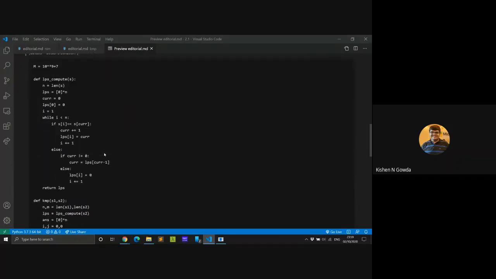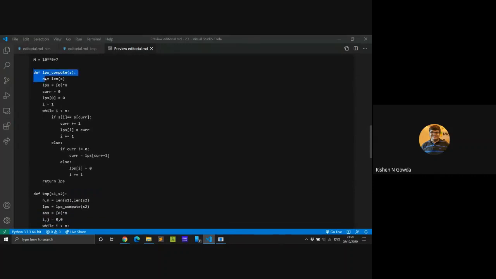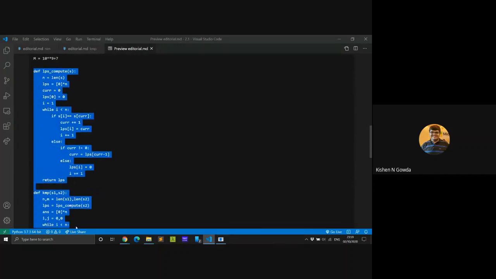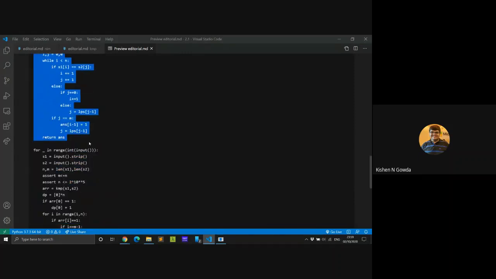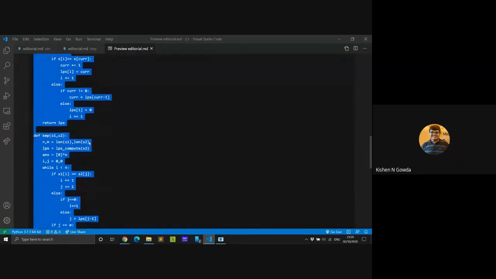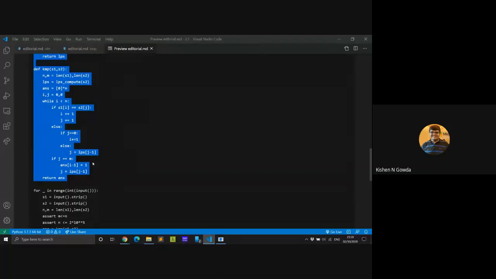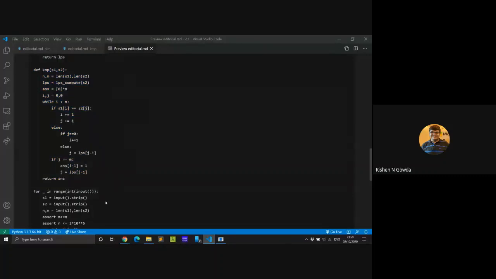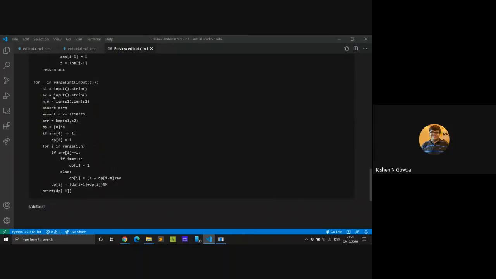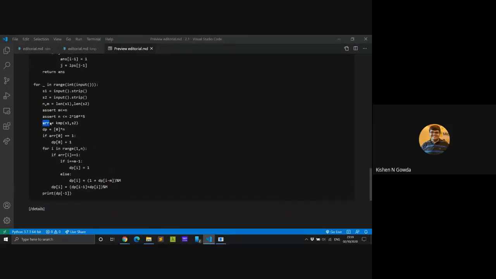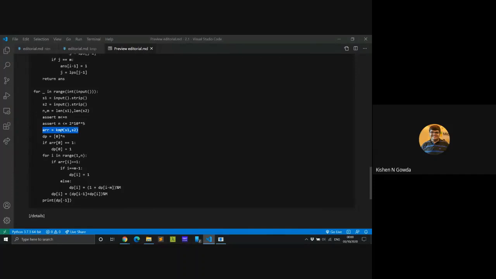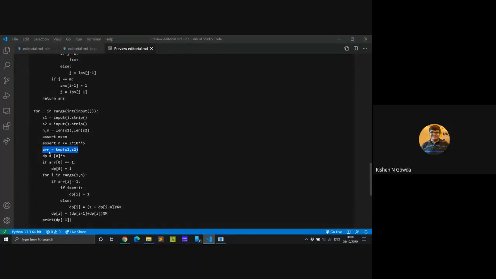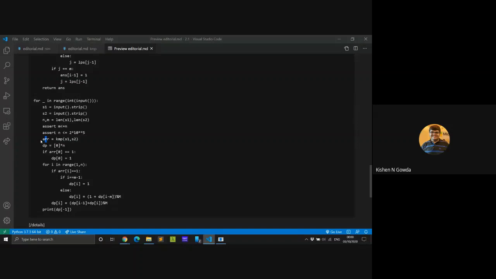So I'll just go over the code once. This part, the LPS, is where I've used the KMP algorithm, the Knuth-Morris-Pratt algorithm, for finding the occurrences of this pattern W in N. So I'm leaving this code and directly going to the main code. First, I'm getting this output from KMP, that is, the array A. So this is my array A, which is ARR over here. It will be 1 if an occurrence of W ends there, or 0 otherwise.